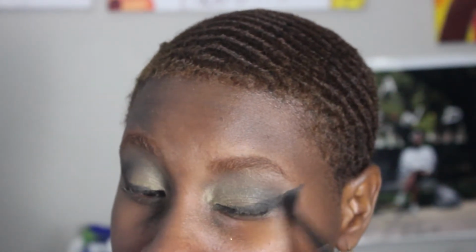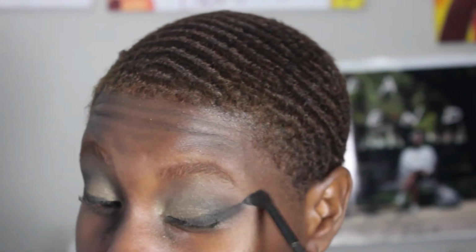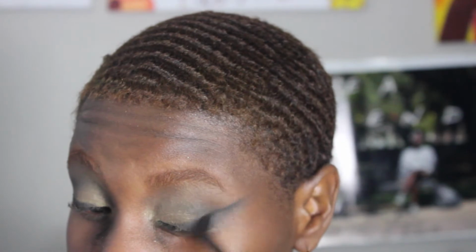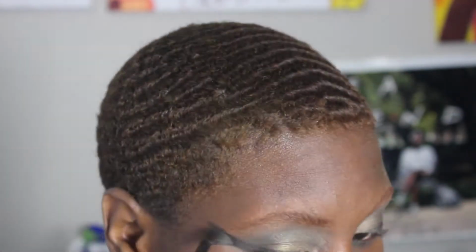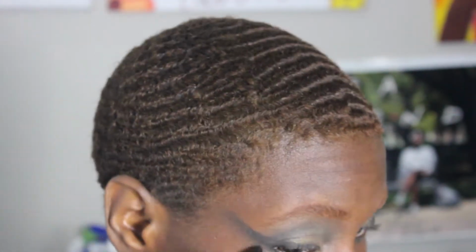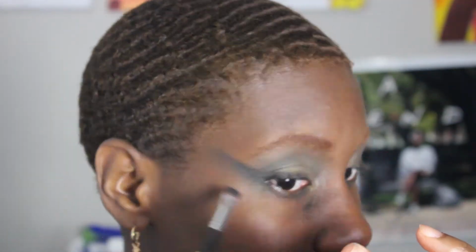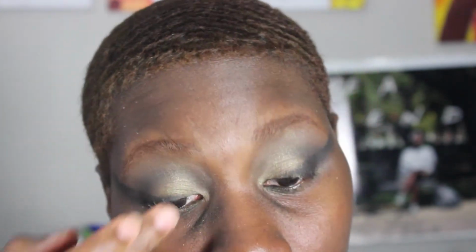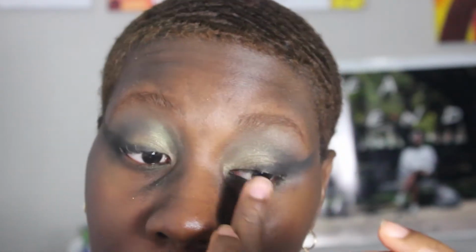I'm going to go in and blend this line out because this is not supposed to be a straight line. More definitely it's supposed to be like smoky. And if the liner isn't giving you smoky vibes, you need to do more smoky liner. That is the most important thing of this look. I really like this look. I just need to go in with a little bit more of this green up here because I feel like